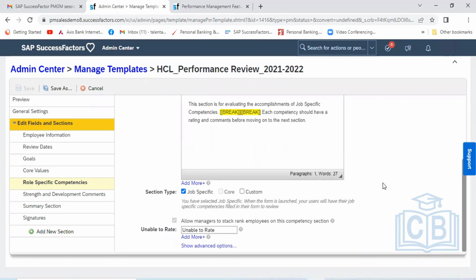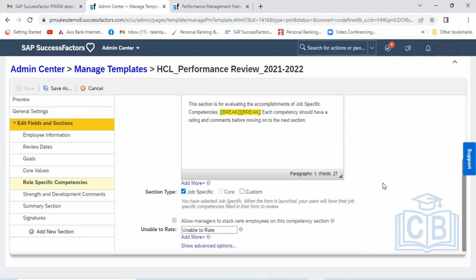When you are adding a custom competency, you will require certain areas like your job family. Suppose I am adding a competency for the HR role. What competency should an HR role have? First of all, I have to create a job family. What is the job? HR. So I will create an HR family. HR family is nothing but the job family. Under the job family, again I have to create a job role. That job role will be connected to the job family. So the HR family will have an HR role.